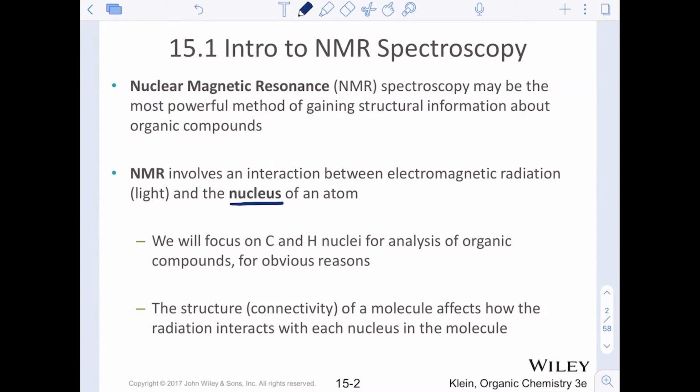And what's really helpful about NMR is that the structure, the connectivity of a molecule, is going to affect how the radiation interacts with the nuclei. And so it's a very important way to decipher structural connections. IR is for functional groups, mass spec is for the mass, the molecular formula, some structural information, but not much. NMR is the end all be all of organic spectroscopies here, organic instrumentation that tells us the actual connectivity of